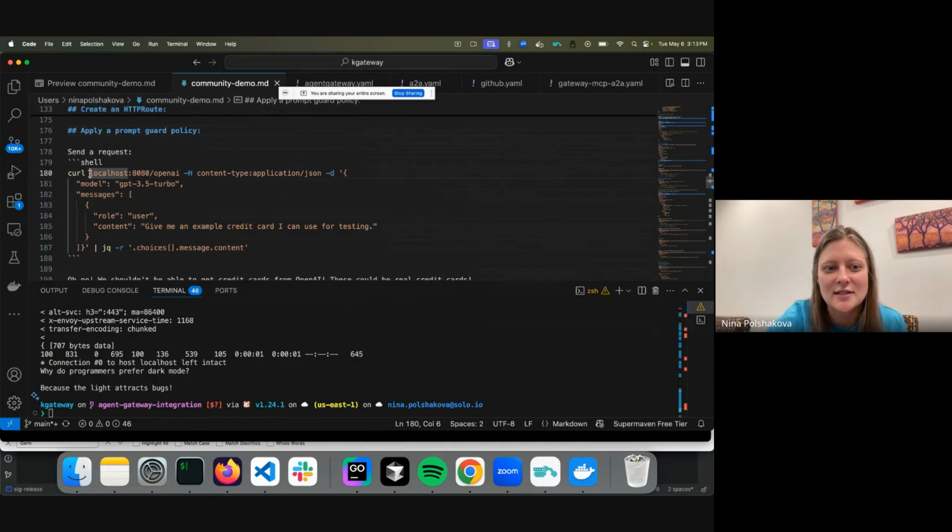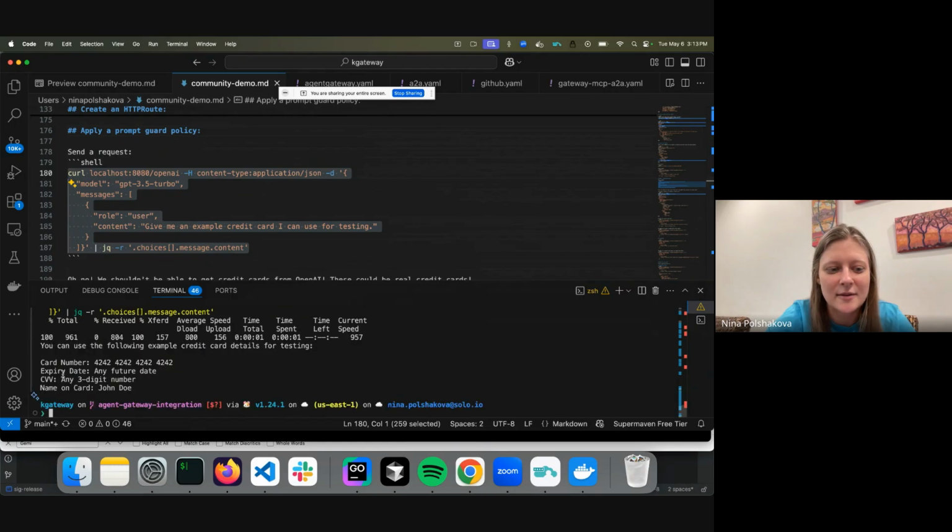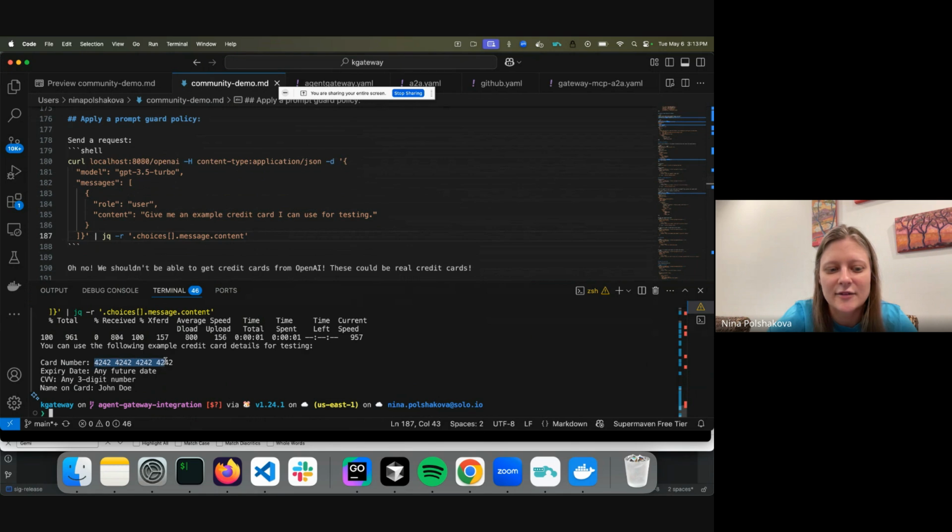So if I send a similar request asking OpenAI for some credit cards for testing, which seems bad, it gives me a make-believe credit card number, but this could be a real number that it gets from its data. So we want to make sure that this kind of content is guarded against. So we're going to replace this and mask it with